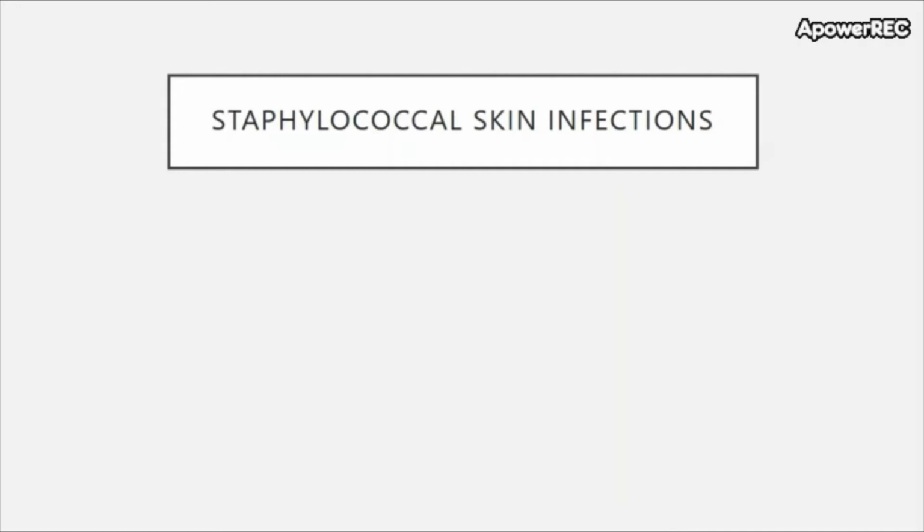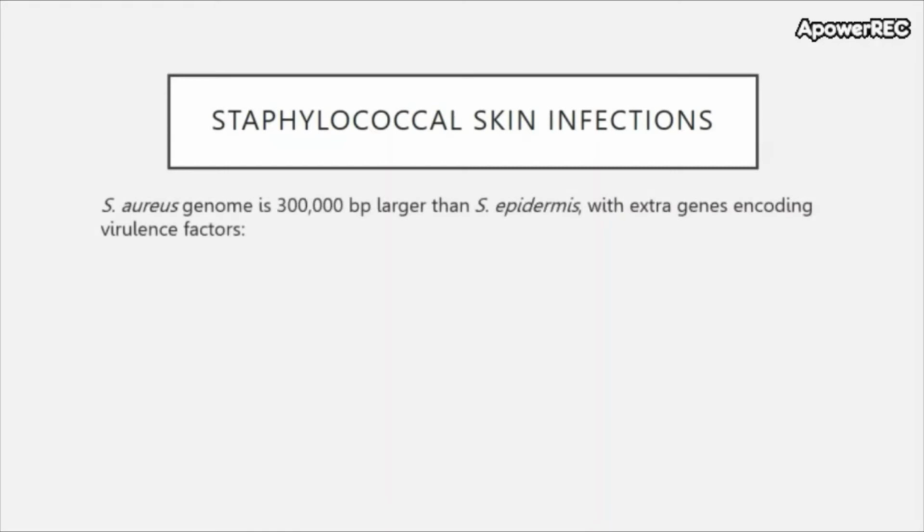Staph aureus comes with a full suite of metabolic chassis that allows them to become pathogenic. They have a genome which is 300,000 base pairs larger than S. epidermidis, which is about 10% larger. So these virulence factors include